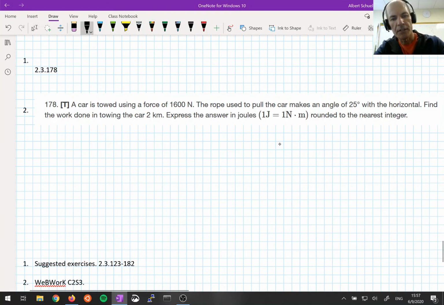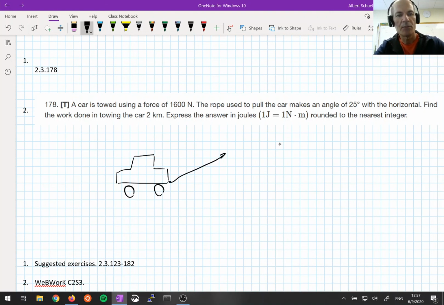Let's draw a picture here. So we've got the car. You can sort of make fun of my artistic skills here, and here's the tow rope, and we've got 1,600 newtons in this direction, and it makes an angle of 25 degrees here, and the work done is going to be